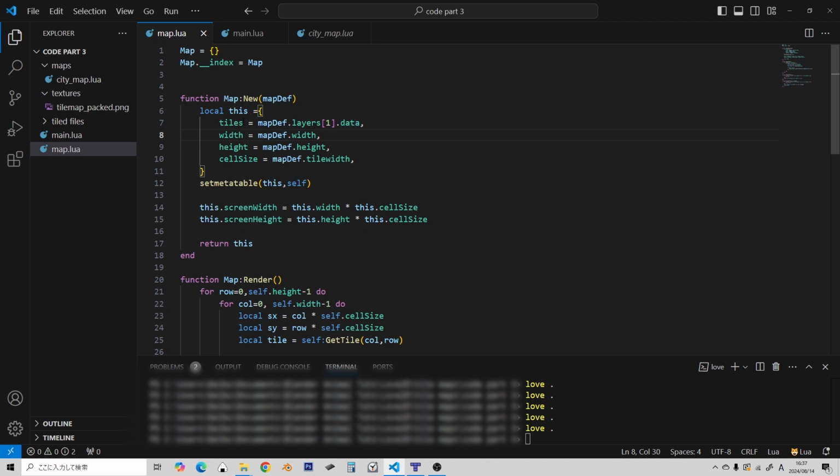And, you know, I could just rename this tiles layer 1, or I could store each tile layer as its own layer. So I could do this in a table, like so. I could do it this way,